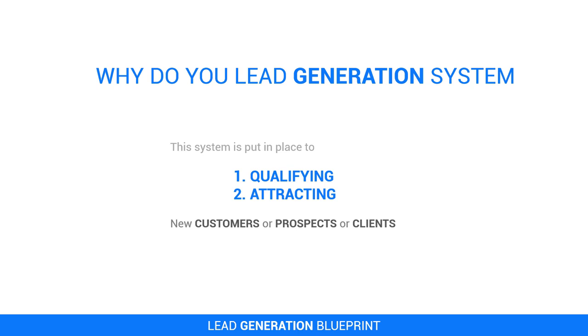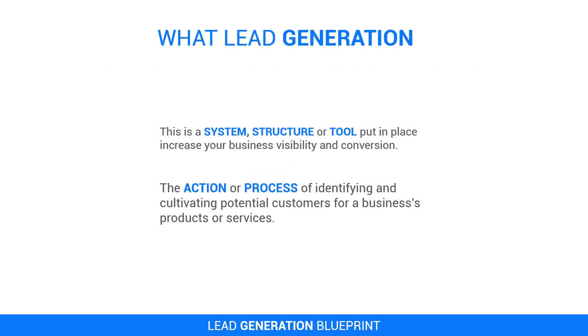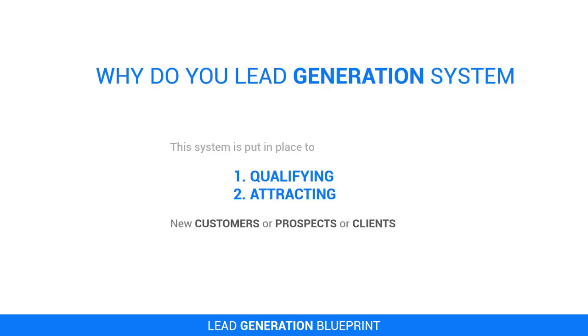The next thing it does is, if you already have a business and you already have a series of clients, customers or prospects running with you, it helps you to attract new ones. You're getting the picture now. It helps you to attract new clients, new prospects, new customers. So from the system that we put in place, it's a structure now that helps you to qualify or attract new clients, new customers, new prospects. So whatever you are doing, you will need a lead generation system. It works for almost any business.